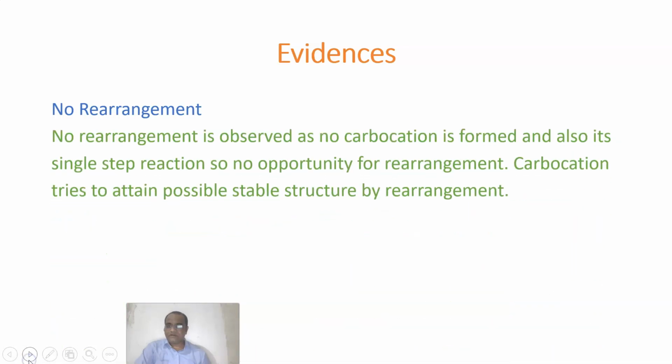And the last evidence is that there is no rearrangement. For this purpose, again, we will understand the concept of why there is no rearrangement. In the case of an elimination, we will understand what a rearrangement actually is and why a molecule tries to attain a rearrangement in itself. It tries to attain a rearrangement because it forms a more stable structure after the cleavage of any bond. Any molecule tries to form a more stable structure.